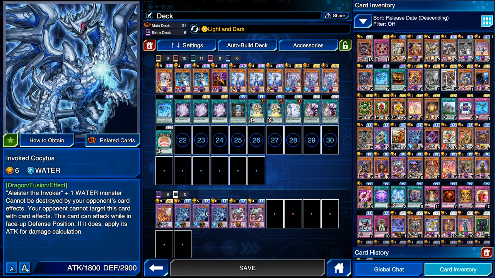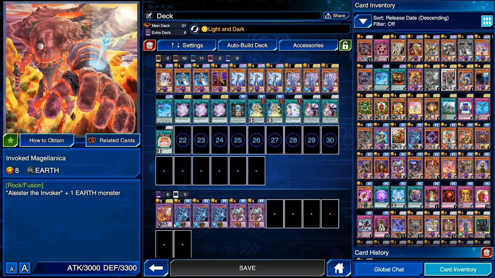3 Invoke Cocytus. Cocytus is the main Invoke you're playing. This card is amazing. Cannot be targeted or destroyed by your opponent's card effects. It's just really good to slow out the game. Invoke